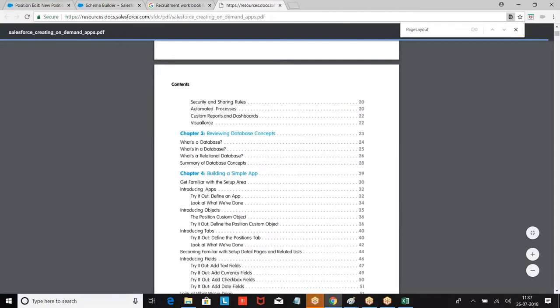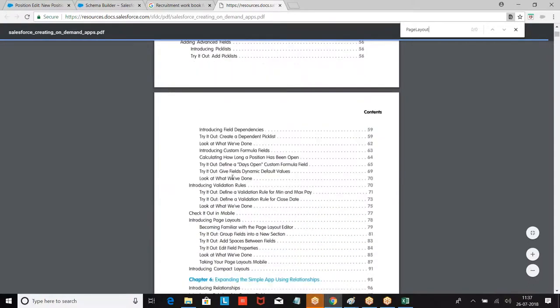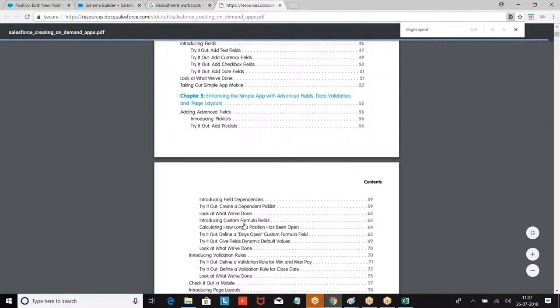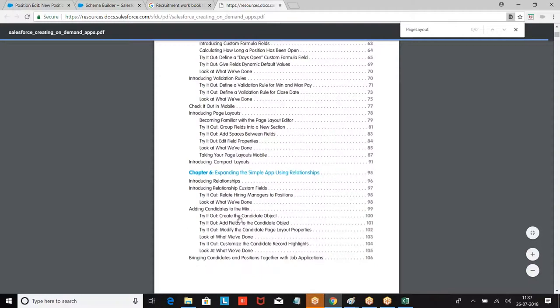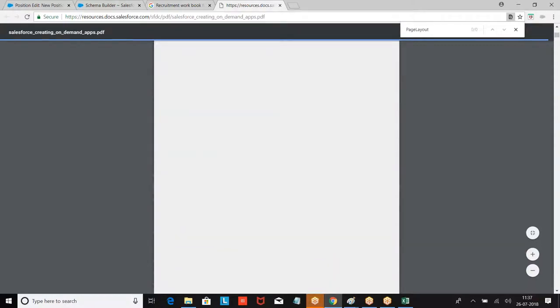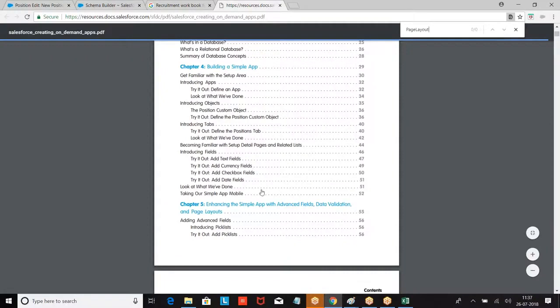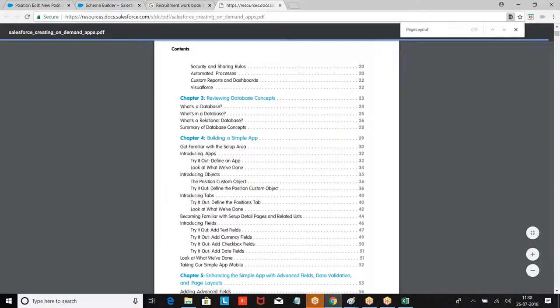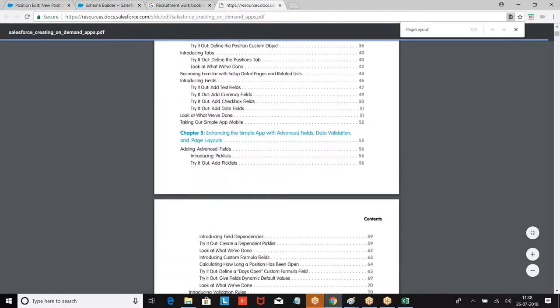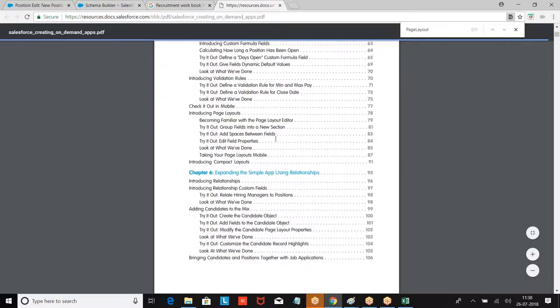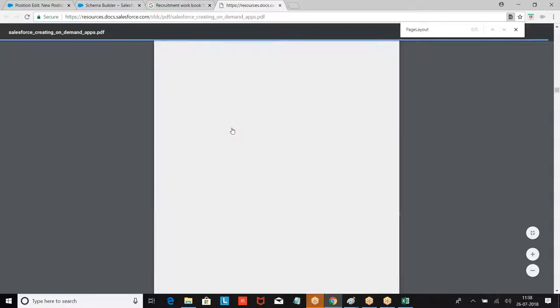Now I'm going to the page layout and I want to show you. Still the file is loading. Let the file be loaded. No issue.